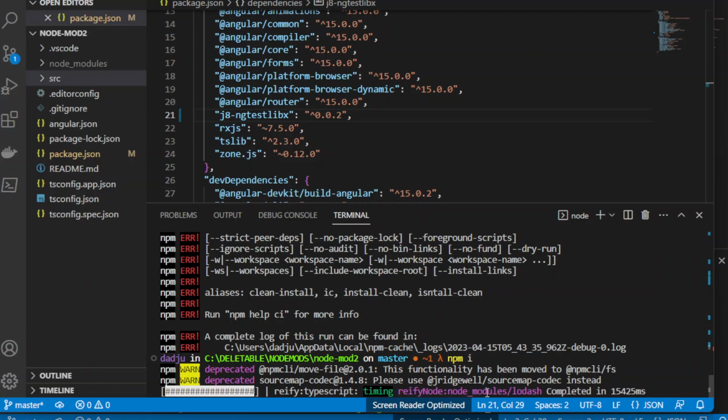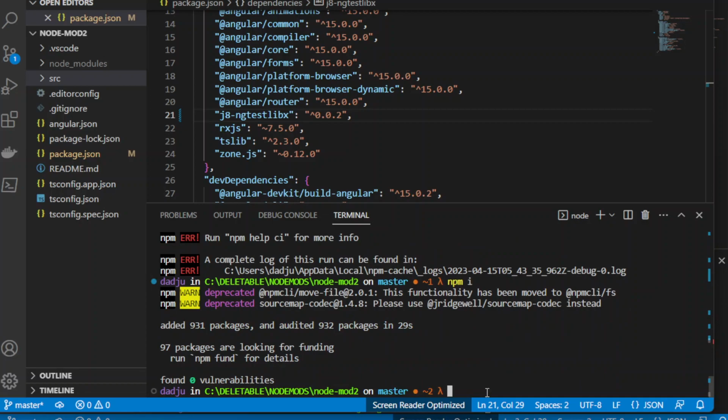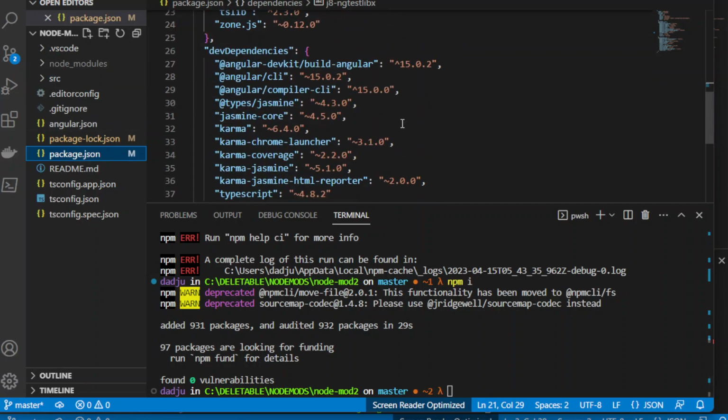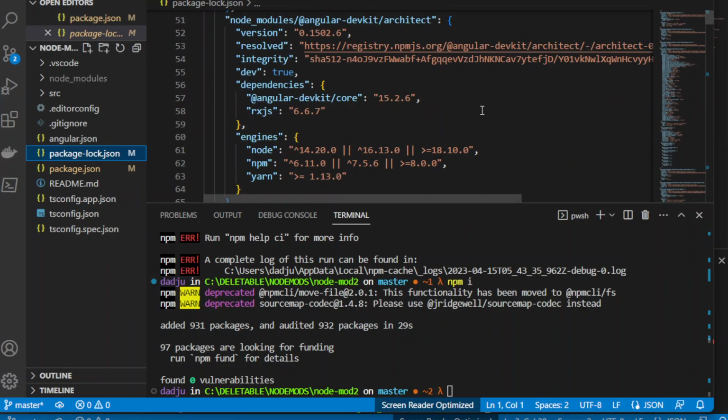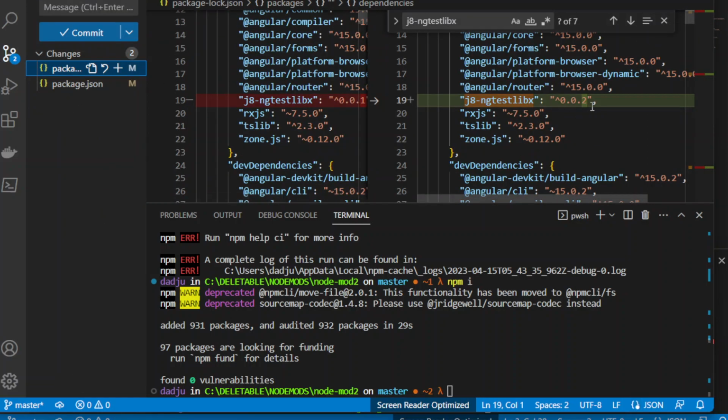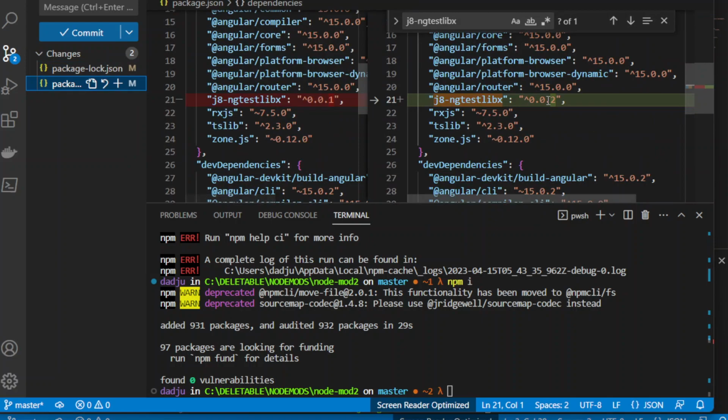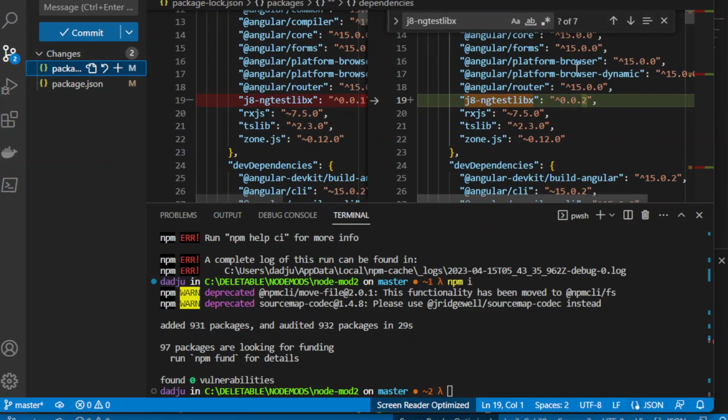I'm not sure why people are very intimidated by regenerating the new package-lock. It makes me angry. All right, so there it regenerated. It updated our package lock. Here it becomes 2 now. Here it becomes 2. All right, so we already executed our npm install,